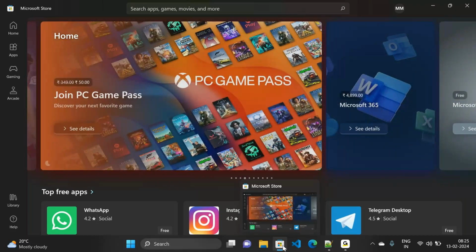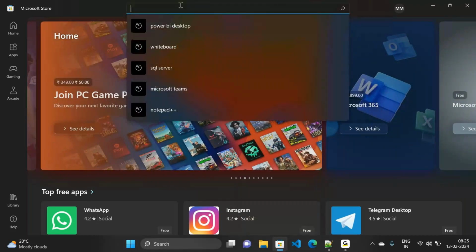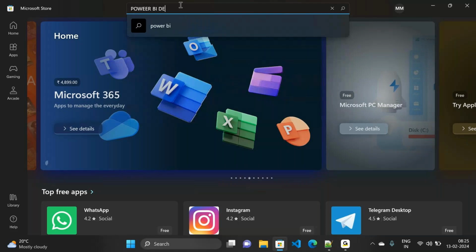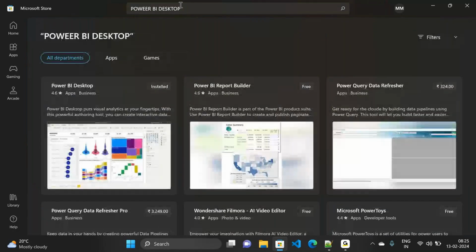just go and search for Power BI Desktop. Search it. You will get